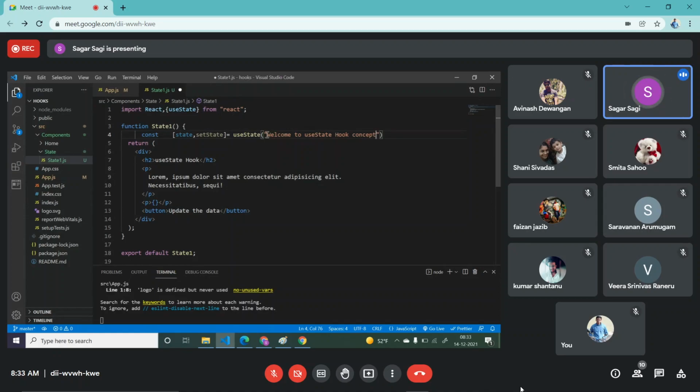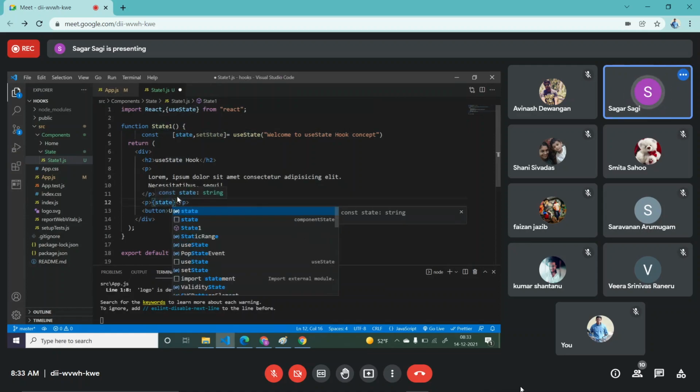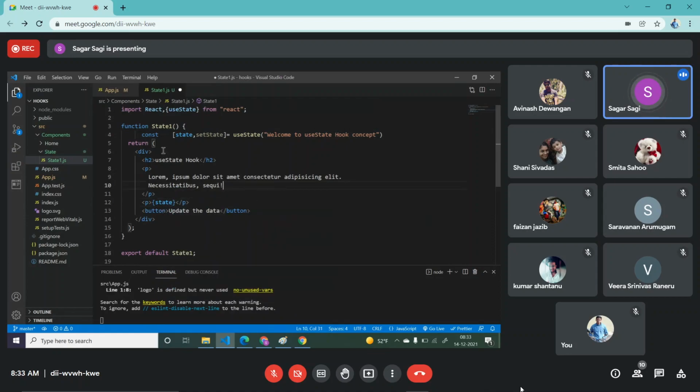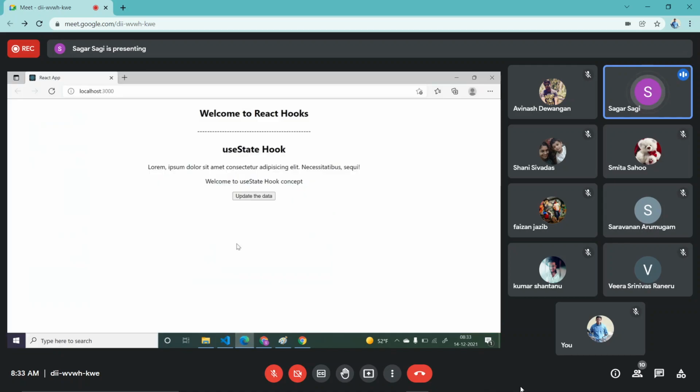Okay, now this data is stored in this variable by default. Now if you want to display this particular data in your UI, simply write state. No need to write this dot state or something like that. Just write state. Now save it. Now if you come here, you got welcome to useState hook concept.